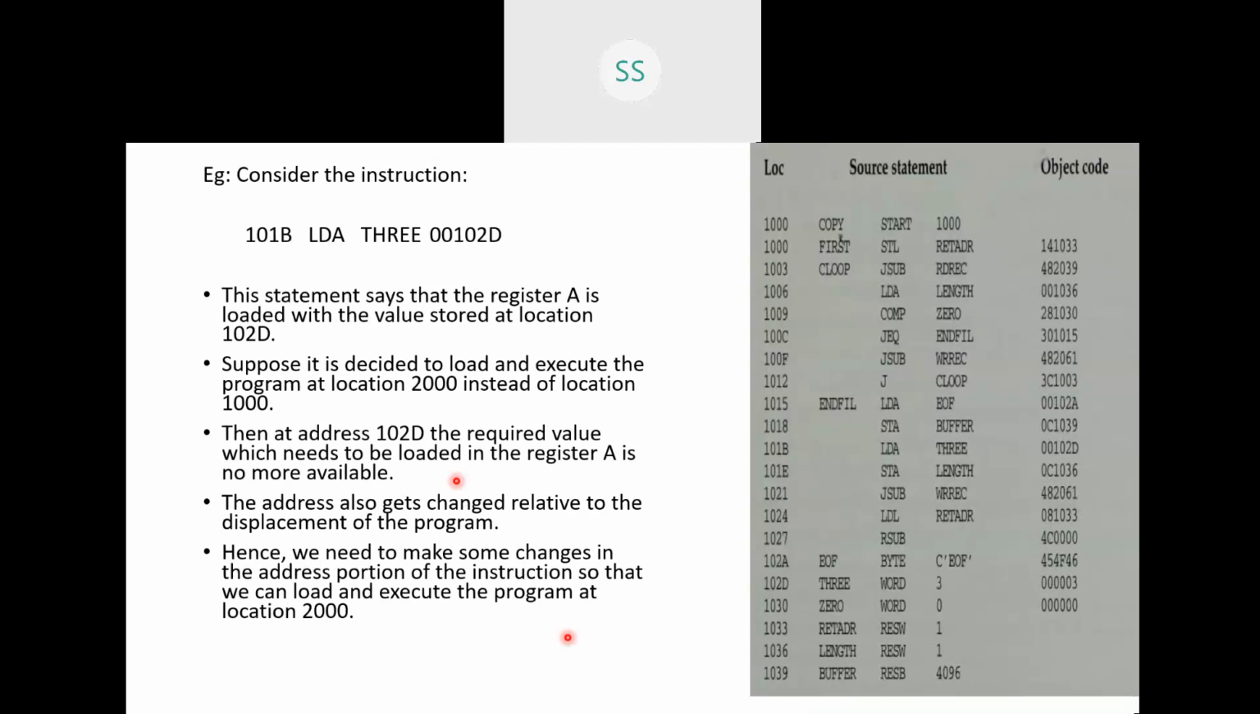Now we are going to explain that concept with the help of an example. Here they have said, let us consider an instruction that is LDA 3001002D. So this is your instruction, this is the object code. Now if you look into this line, when we look at this line,